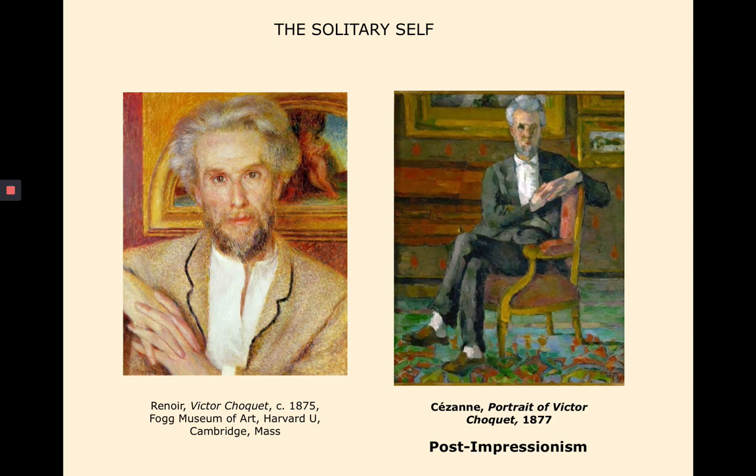He famously said once, treat nature in terms of the cylinder, the sphere, and the cone. And he also has this tension between the three-dimensionality that is depicted and the flatness of the picture surface. And if you look at the spots of red throughout the painting, on the carpet, on the wall behind the seated figure, on the upholstery of the armchair in which the figure is seated, and even the red lips, you get taken back to the two-dimensional flat surface of the painting, even as you simultaneously acknowledge that it's a three-dimensional